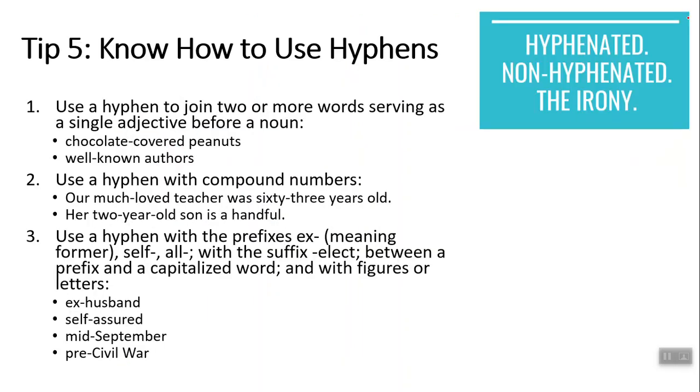This came up oddly. Okay, so tip number 5 is knowing how to use hyphens. I wish that this had come up one bit at a time. First, use a hyphen to join 2 or more words serving as a single adjective. So chocolate-covered peanuts go together. Well-known authors go together. This particular rule,